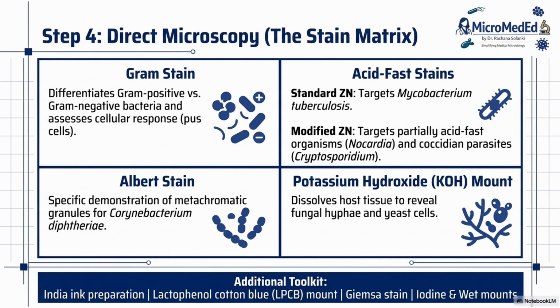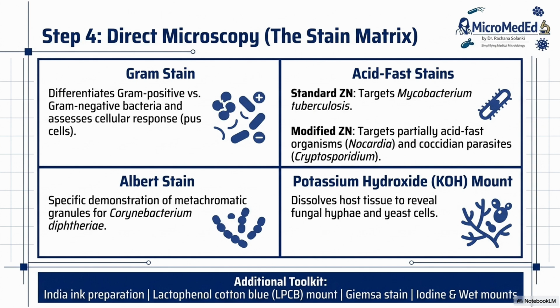Then you have to mention which type of fungus: Aspergillus, that is thin septate, and Zygomycetes, that is broad or sparsely septate. India ink we have mentioned for Cryptococcus. Even in Gram stain, like gas gangrene, boxcar shaped bacilli; in case of meningococci, gram negative diplococci; pneumococci, gram positive capsulated diplococci. So these are the reasons why microscopy is important.